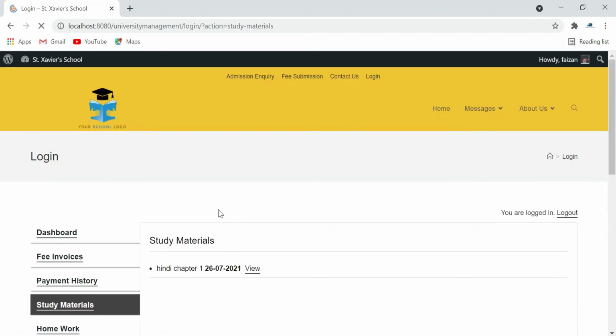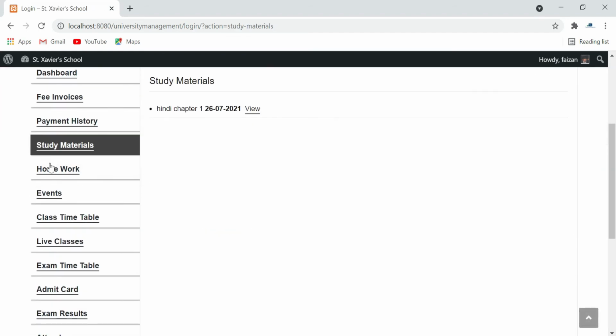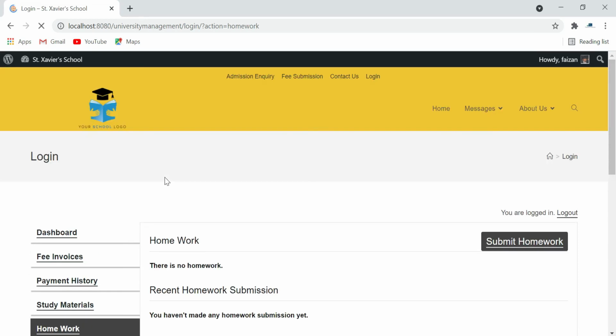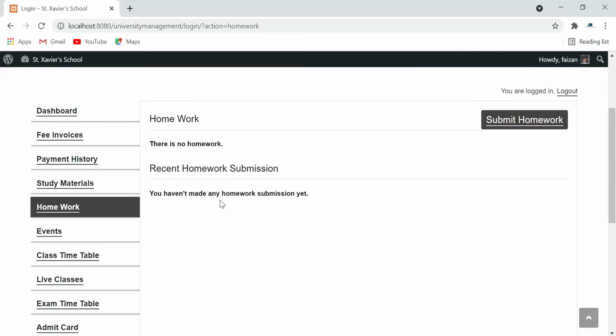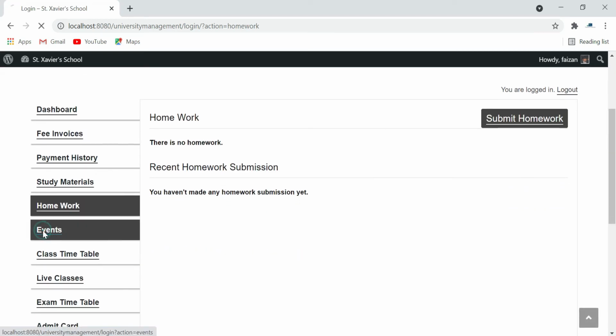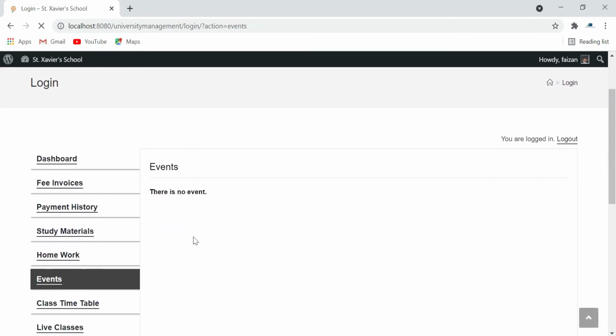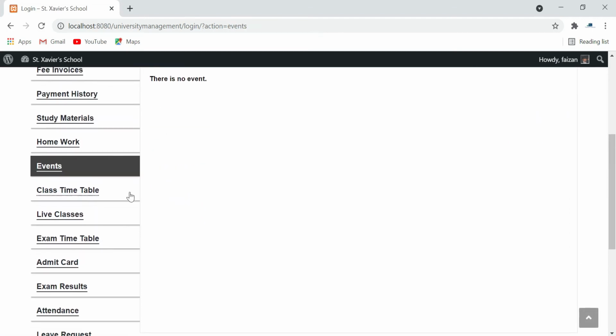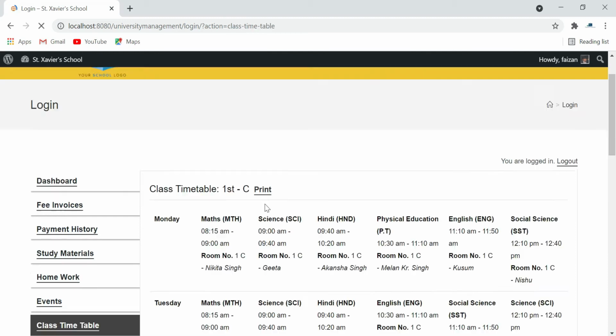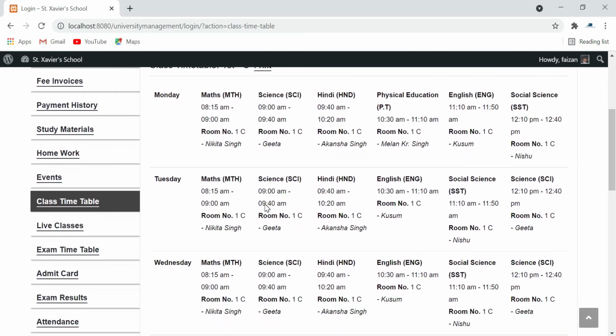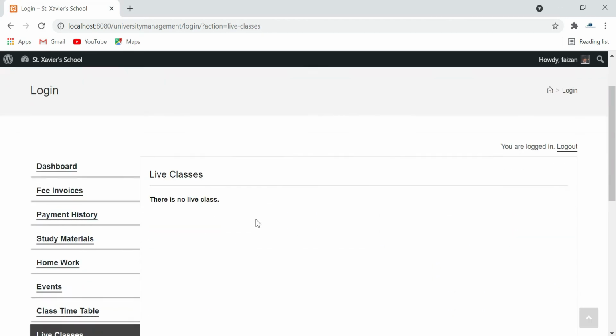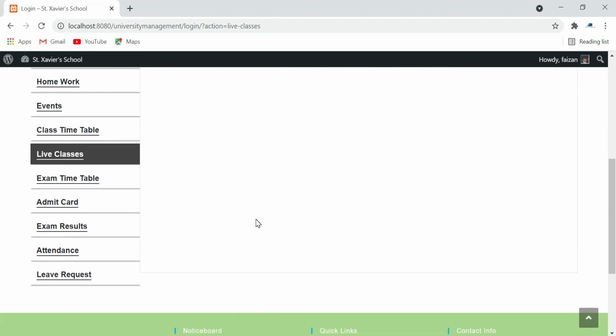The study materials which the teacher has given, and the homework, they can check the homework which the teacher has given. The upcoming events of the school or the class are posted by the class teacher. This section carries the timetable of this class. They can also attend the live classes for which the teacher assigns a schedule. They can also access the exam timetable issued by the class teacher, admit card, exam result issued by the class teacher,